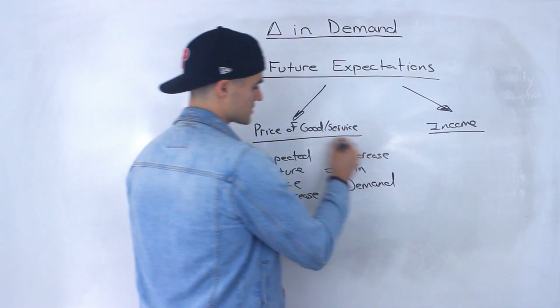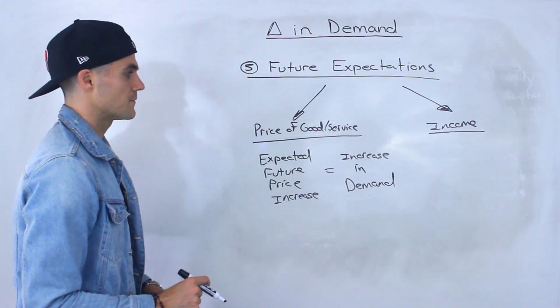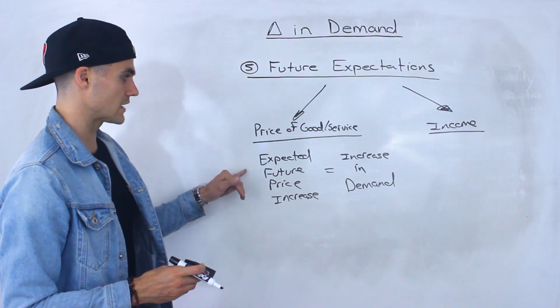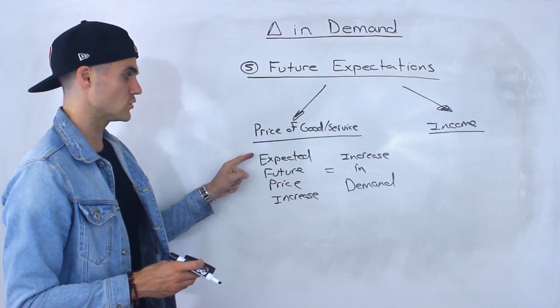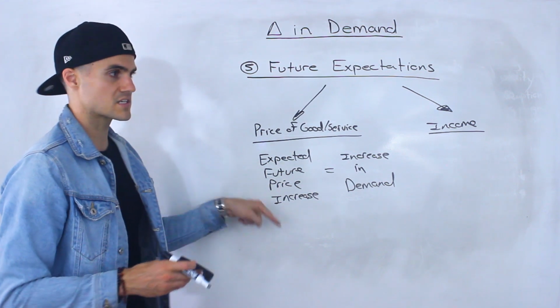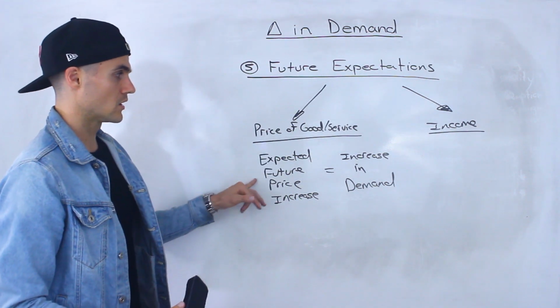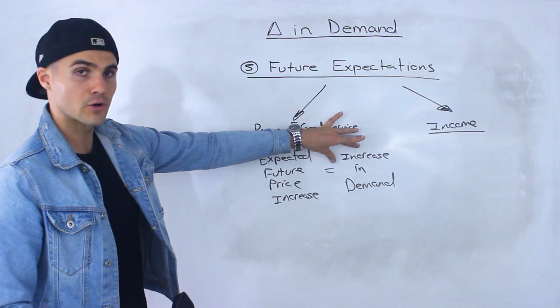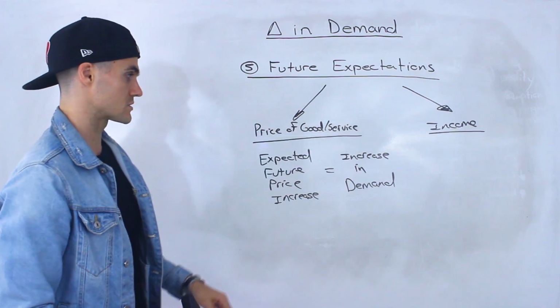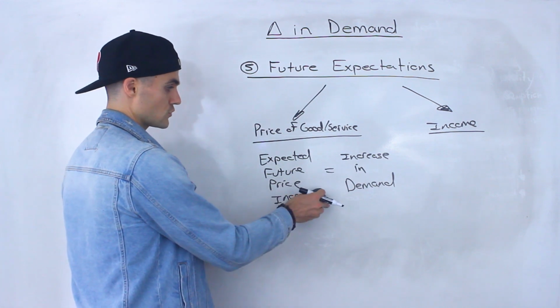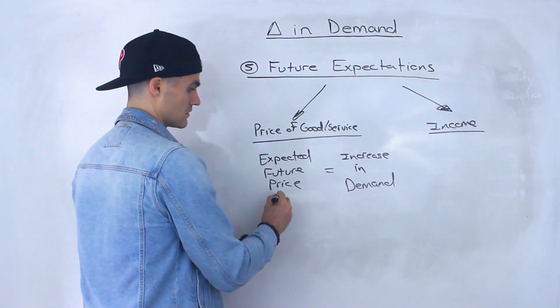This is how a lot of bubbles start, whether it's a housing market bubble or a stock bubble. So let's say that you feel like the prices of homes in a certain area are for sure going to increase in the future. Well, there's going to be an increase in demand for buying those homes now. And then vice versa. So if there's an expected future price decrease,